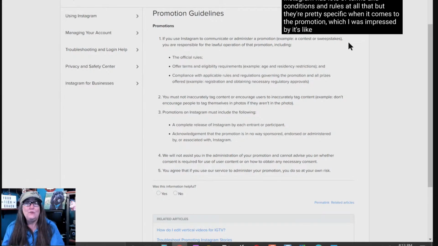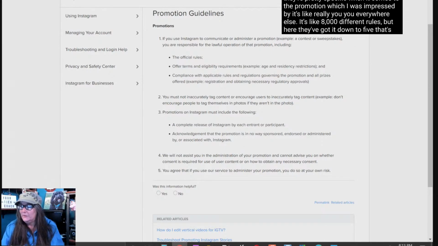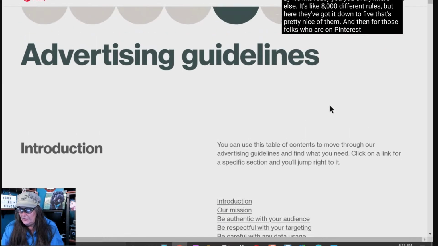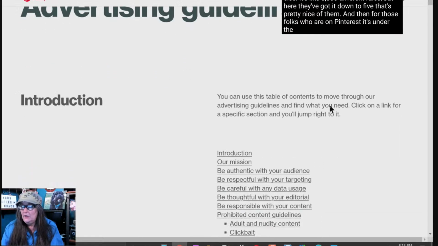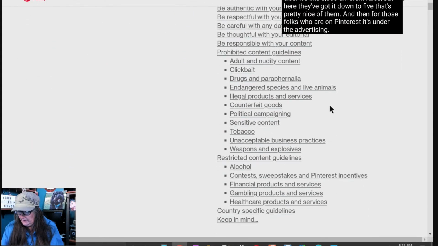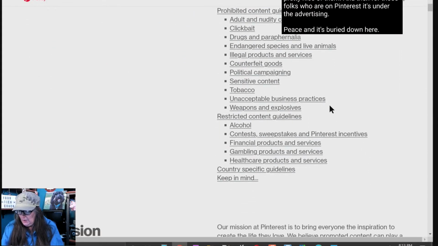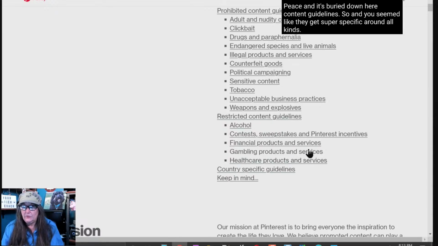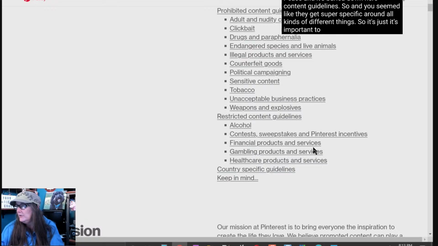Everywhere else it's like 8,000 different rules, but here they've got it down to 5. That's pretty nice of them. And then for you folks who are on Pinterest, it's under the advertising piece, and it's buried down here, content guidelines. And you see, they get super specific around all kinds of different things. So it's important to just be aware of that kind of stuff,